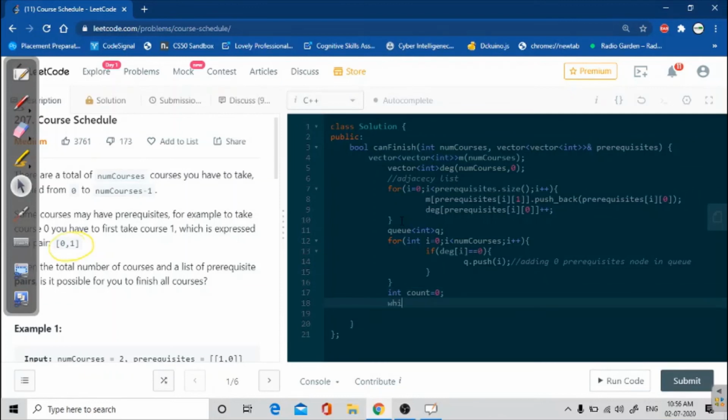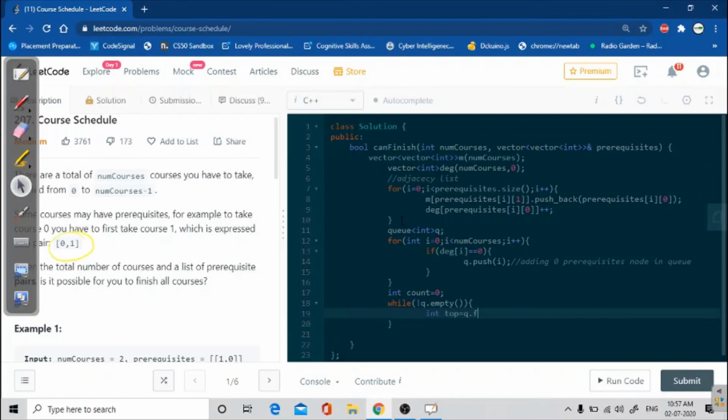Then I have to loop till my q is not empty. First of all I have to pop an element. Let's name it as top. So we are going to pop the first element.